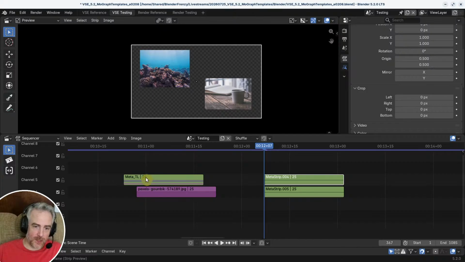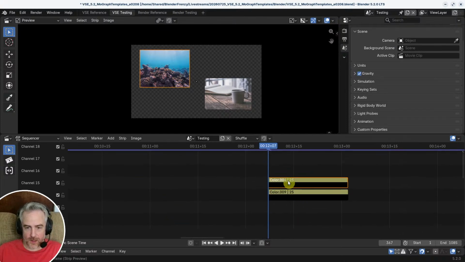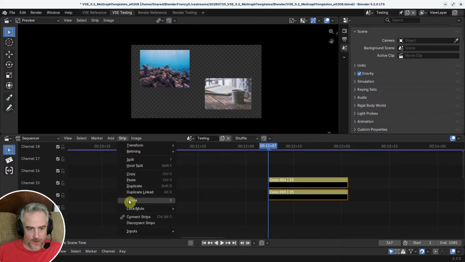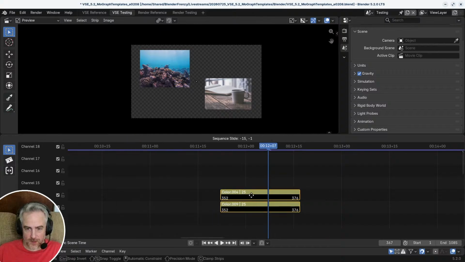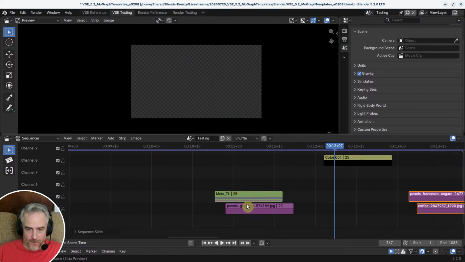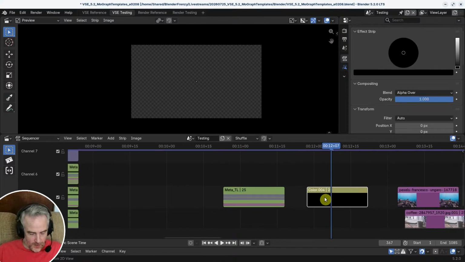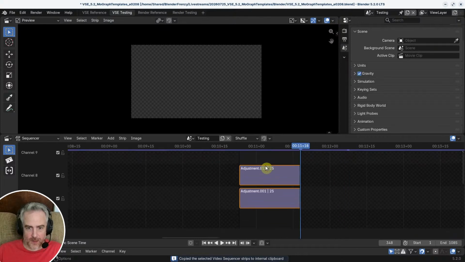So since we're going to be duplicating this, let's go ahead and do that. Control Alt G to get rid of those meta strips there. We'll just take this. Let's see. How do I unlock? Control Alt H. Unlock. Okay. Just bring these over here for reference. Just need one of them actually. And we'll copy that and go in here, and then